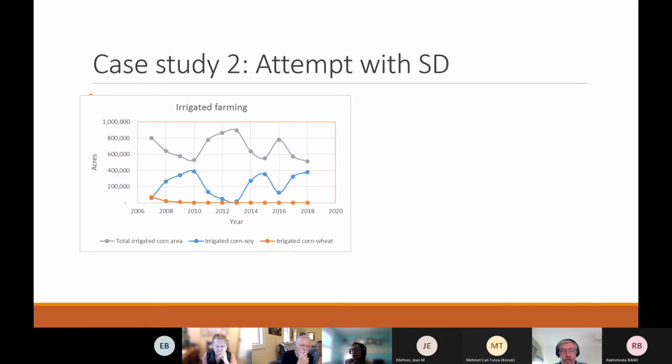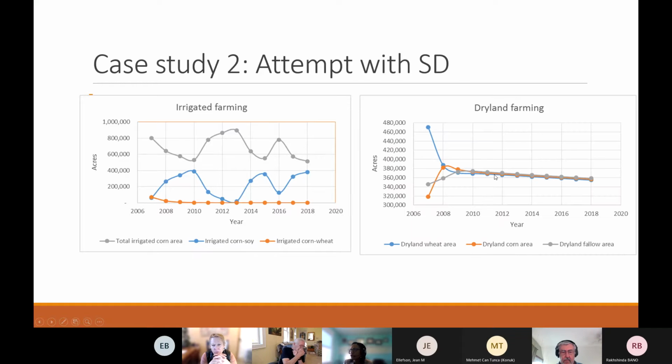So the results here, you can see the irrigated farming. So at the end of the day, when we look at USDA statistics, we always say, okay, what is the total corn area or total wheat areas? But it's hard to say, okay, what is the breakdown or the previous crop? And so for this model, I was able to say, okay, this is a total irrigated. It's kind of bouncy. But then we can have the breakdown, what is the corn soy and then what is the corn wheat. So we can see more corn soy than corn wheat. And for the dryland, not much